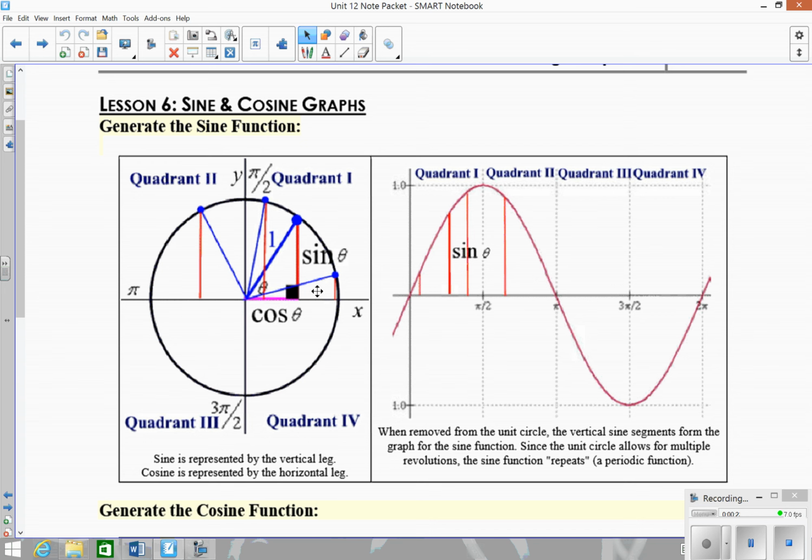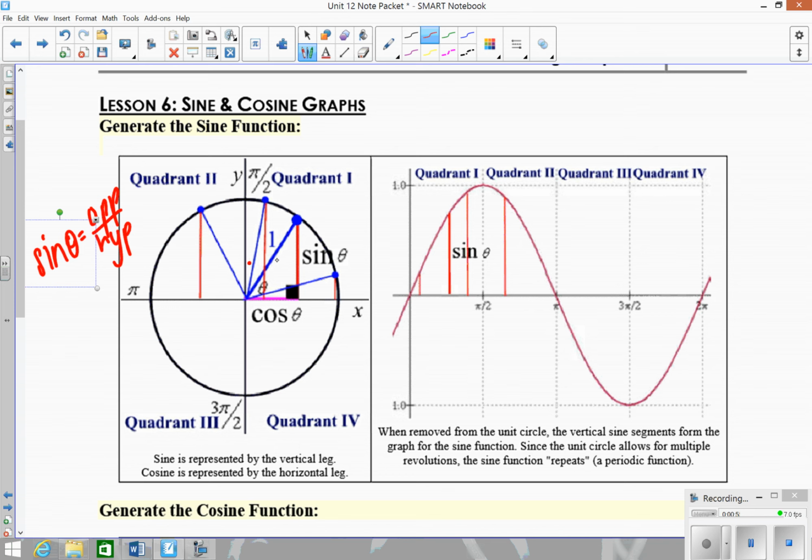If we were to put in more angles, so basically all of these blue lines here representing our angles, this would allow us to figure out the sine of that angle, which is then graphed over here. If you think about it in terms of right triangle trig, sine of an angle is equal to opposite over the hypotenuse,